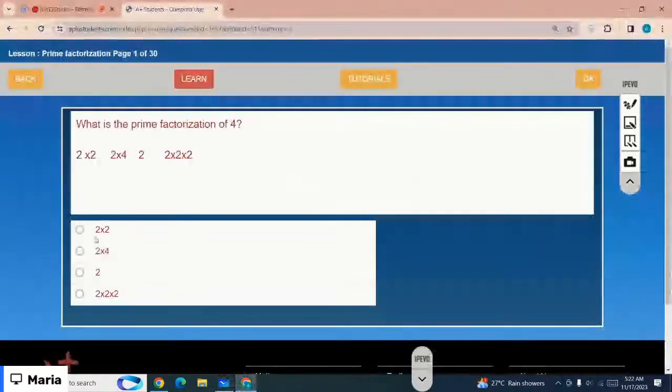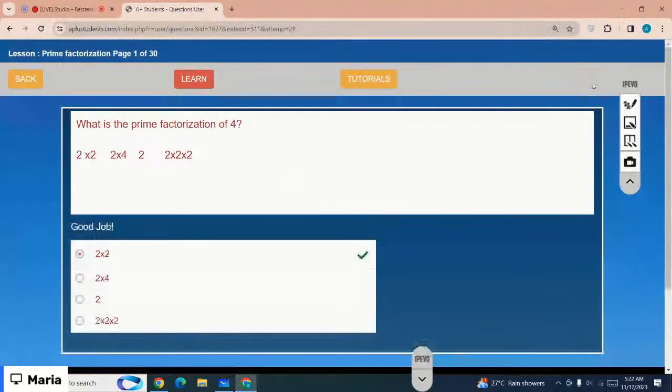Okay, so the prime factorization of 4 is 2 times 2. Factorization means,